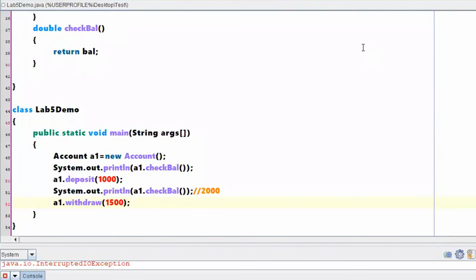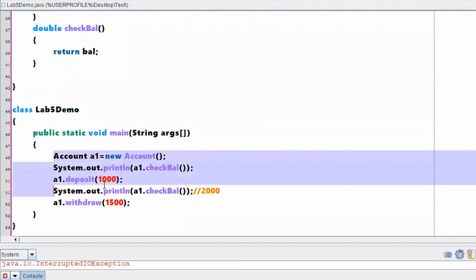With respect to the manual, I'll show you the program and the comparison. What is the difference between my program and that program? It's almost the same. But in that manual, I have taken only one account, whereas there they have taken two accounts, right? Here I have passed a value directly, but there they have created a scanner object. Using the scanner object, they have read a value, and based on whatever the user enters, that has been withdrawn from that particular account, right?